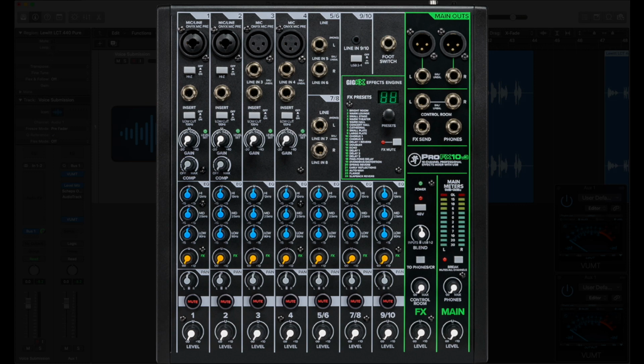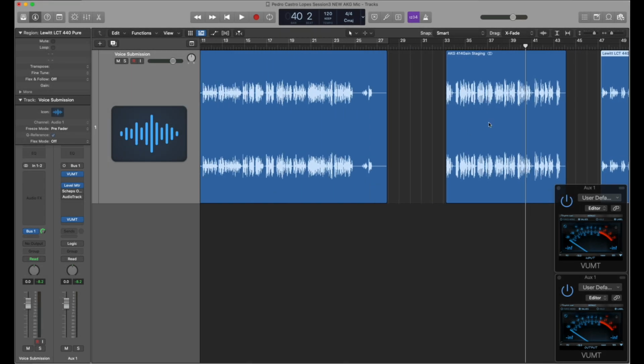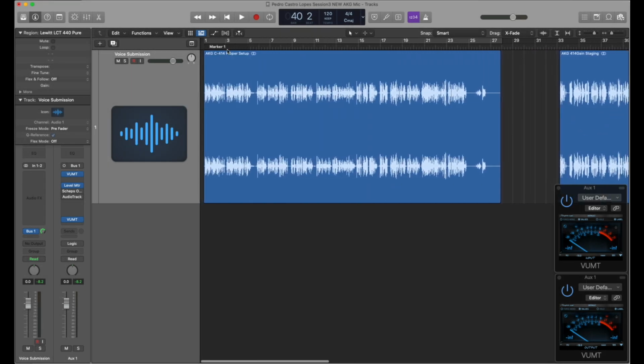So we weren't getting any distortion or overs in any part of his microphone chain. Very important in the hardware. So then we had the gain staging correct, and then he sent me a final file, and we'll see here